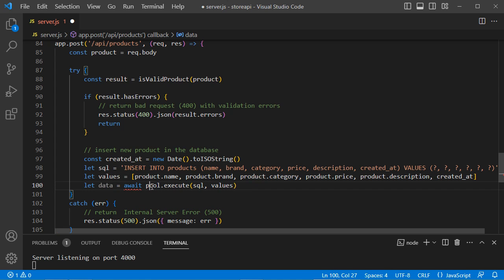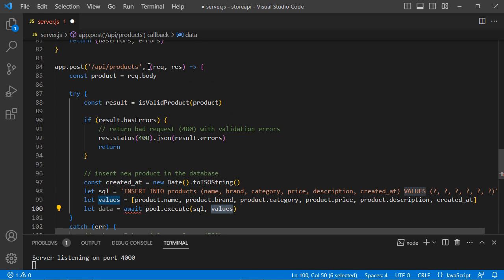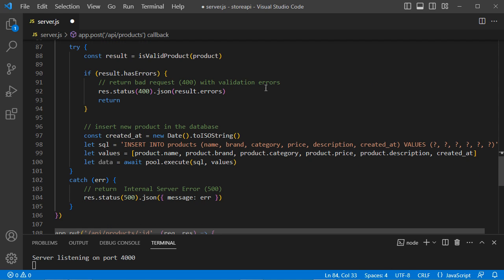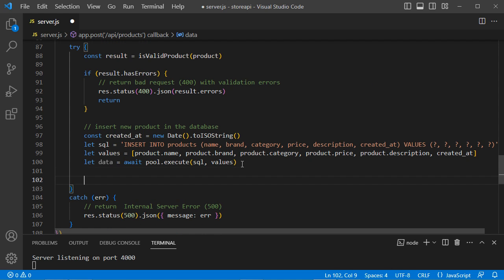Then we need to call pool.execute. This is the SQL query and this is the array that we have just here. Of course, we have this error, so let's fix it. Just here, let's add async. So this query allows us to create a new product, but we need also to send the new product to